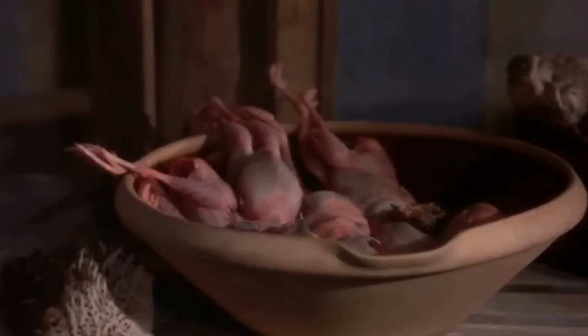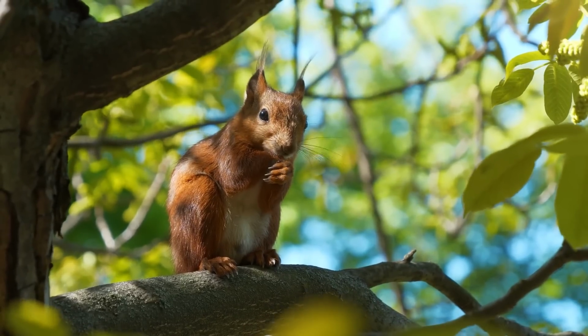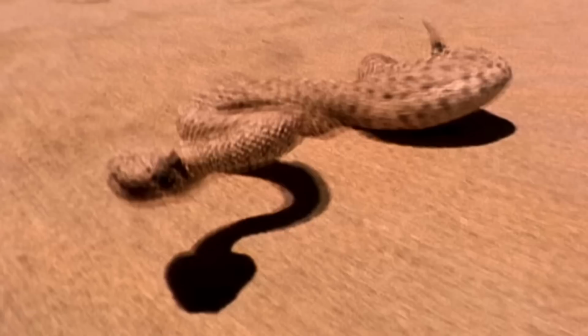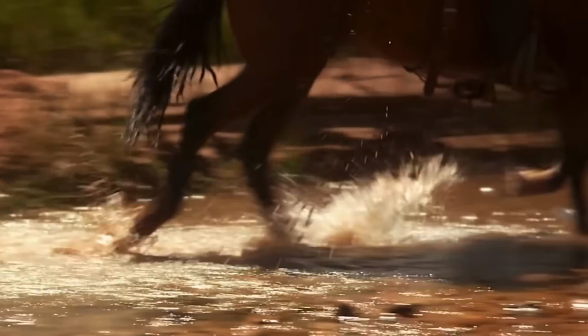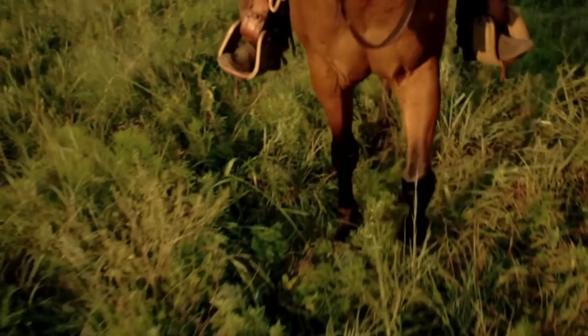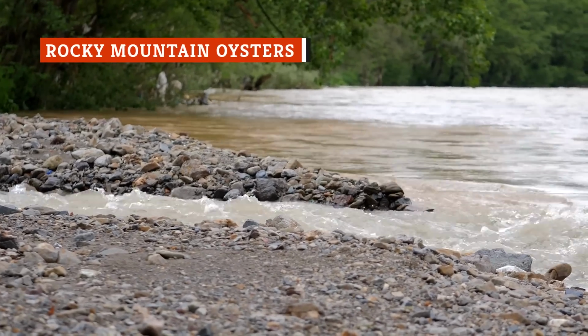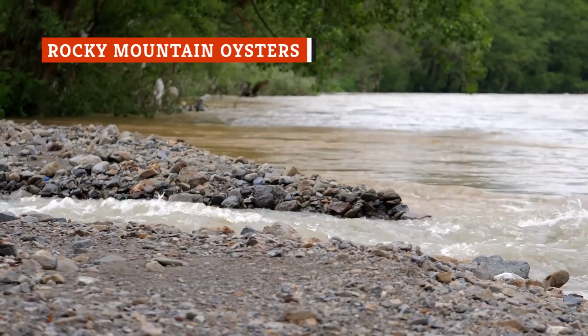It was all good protein to help keep bellies full. Even small game was fair game. No one turned their nose up at squirrels, rabbits, even snakes and skunks. Any of these choices would have worked for a hungry band of cowboys, because out on the range, you couldn't afford to be picky. While the Rockies are home to some major rivers,